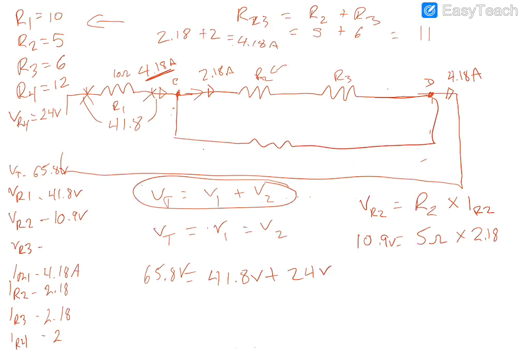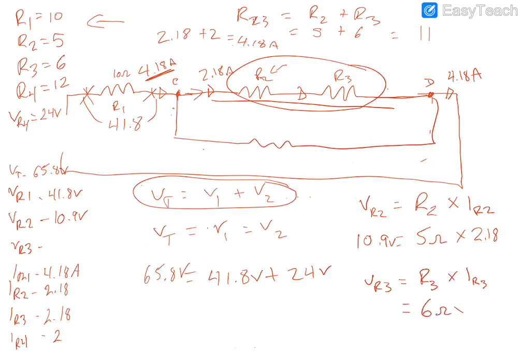And then we do the same process for our R3. So the voltage of R3 is equal to R3 times the current of R3. Remember, this is a series circuit right here, this little mini series circuit. So whatever current is here is also the current that is here. So we go 6 ohms times 2.18 amps. That gives us a voltage of